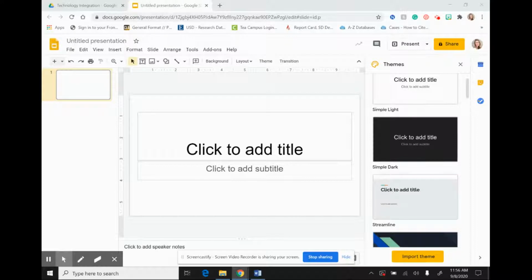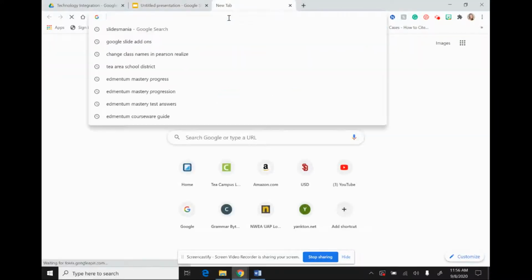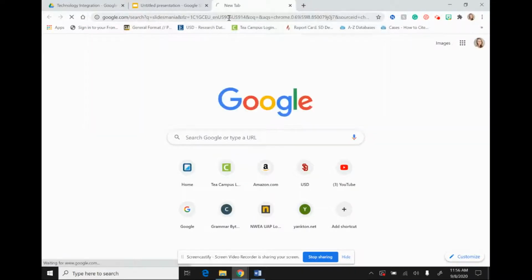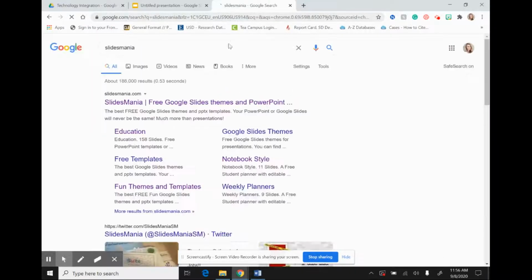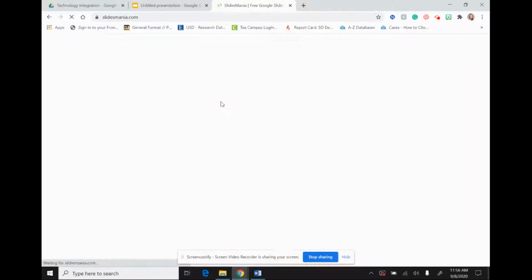So we're going to begin with tool number 1, and that is a tool called Slidesmania. Slidesmania is not an extension, it is not an add-on, it is just a website that provides free templates for your Google Slides presentations. To get to Slidesmania, you can simply search for it in your search bar, and once you have that search completed, you can go ahead and click on the link and it will take